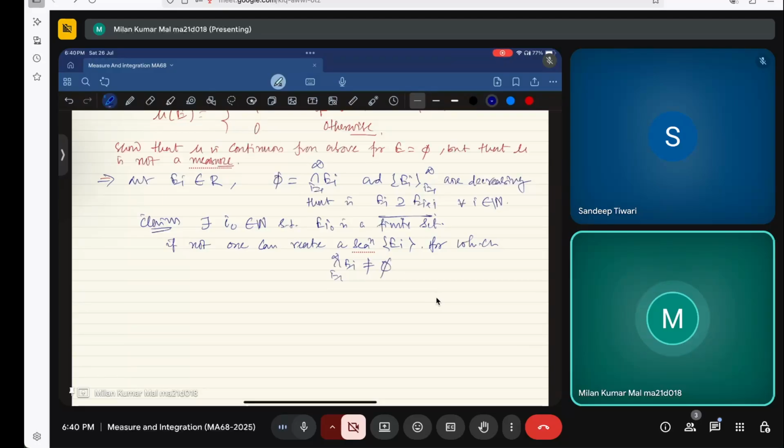Because suppose E_i is not finite, then one can reduce each set by one single element. If it is infinite, then one can remove one element and get E_{i+1}. That way one can create a sequence where a common element will be there. So therefore it is